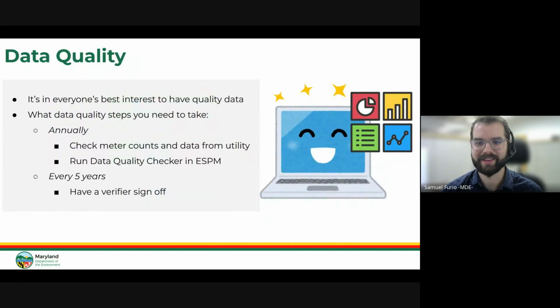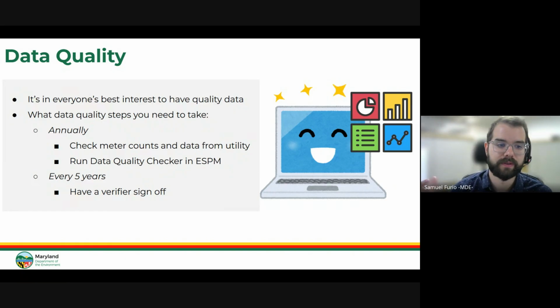So with that, let's dive into third-party verification. First things first, what's the background, what's the theme for this third-party verification process? It's really having good quality data. And so it's really in everyone's best interest to have good quality data for the BEPS program.